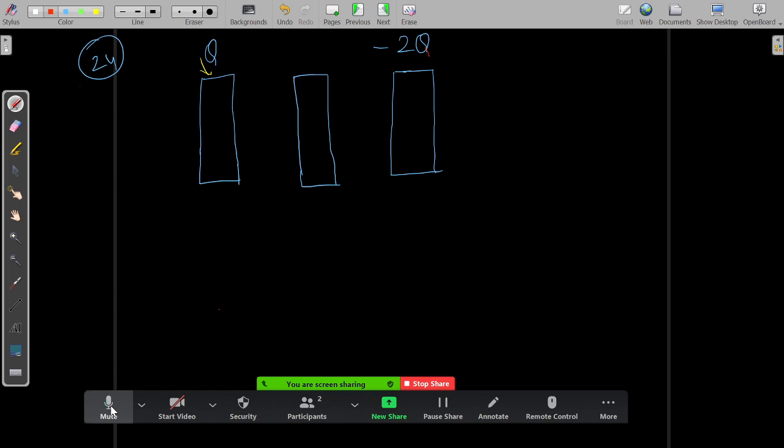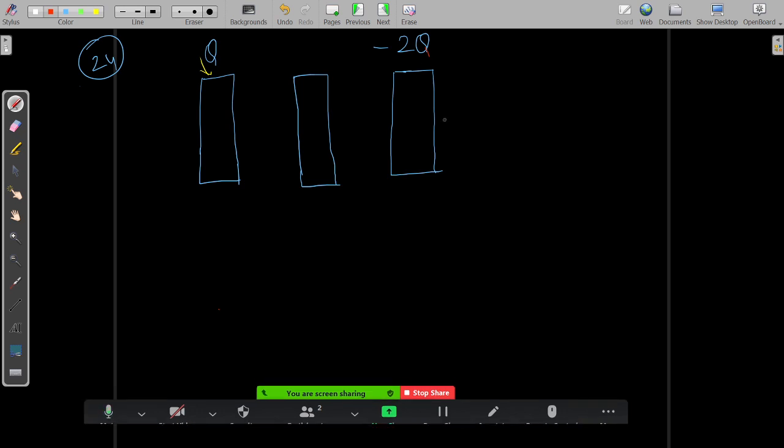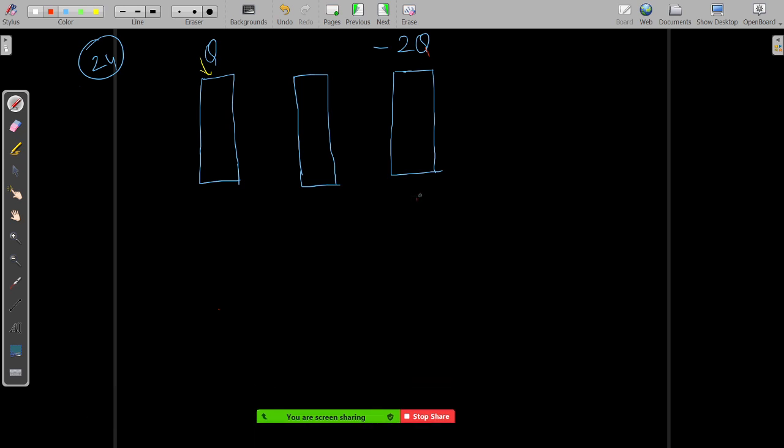Hello. Hello. Yeah, uncle. Yeah, Hari. So you understood the question, no? You have to find the charge accumulated at the outer surface, the charge in the rightmost part of this conductor system.